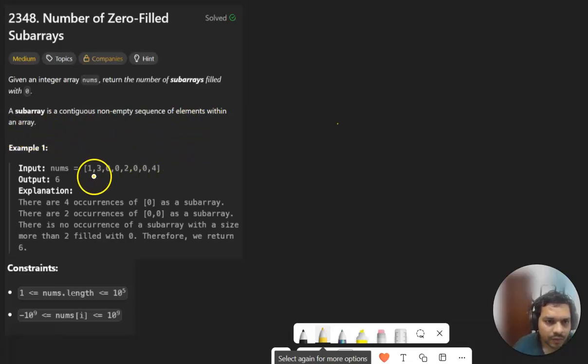So, for example, here, these contiguous elements 1, 3, 0 form a subarray, and 1, 3, 2 is not a subarray. 1, 3 is a subarray, and 1, 3, 0 is also a subarray. 1, 3, 2 is not a subarray because they are not contiguous. Contiguous means the elements should be next to